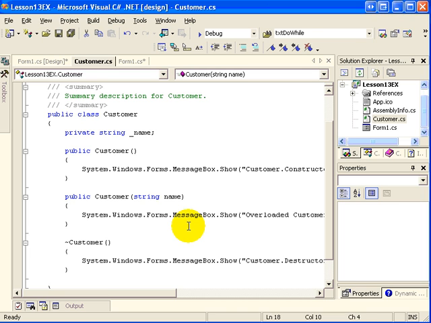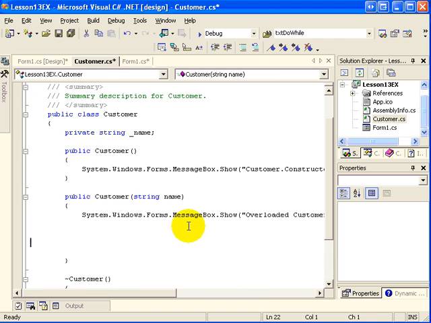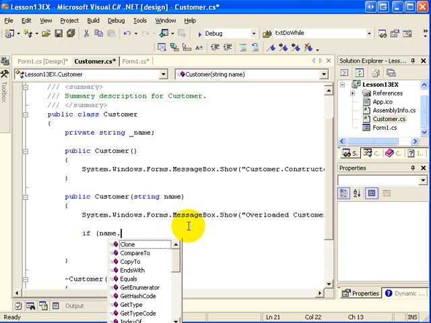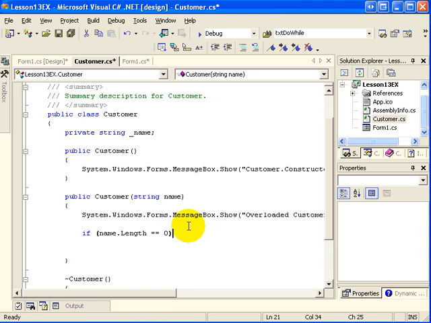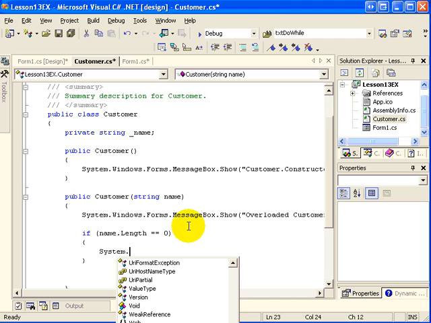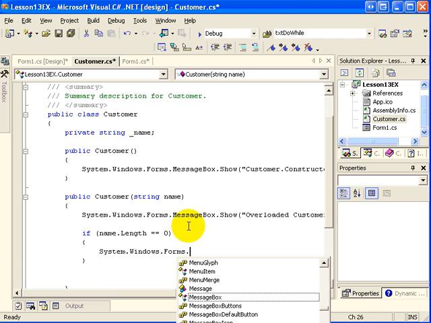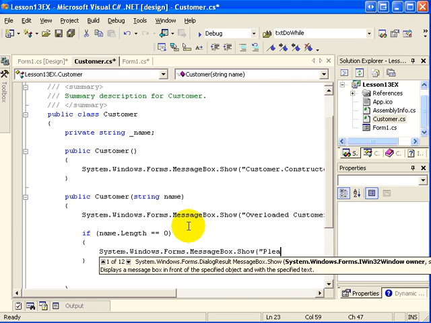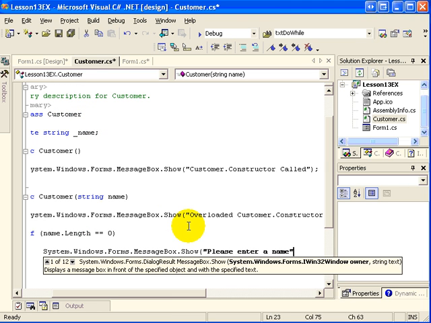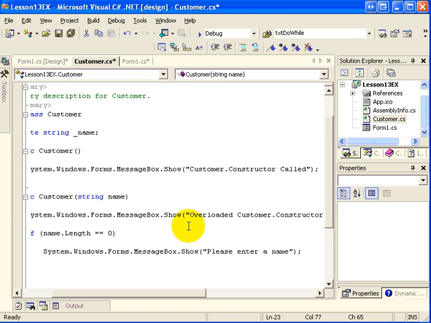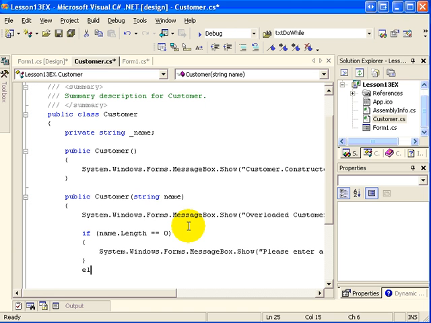So what I want to do is go to my overloaded constructor here, and I'm going to go if name, since that's the value that's been passed in, dot Length is 0, so length will tell me how long the string is. Then we need to alert the user that there's a problem. Please enter a name. Otherwise,